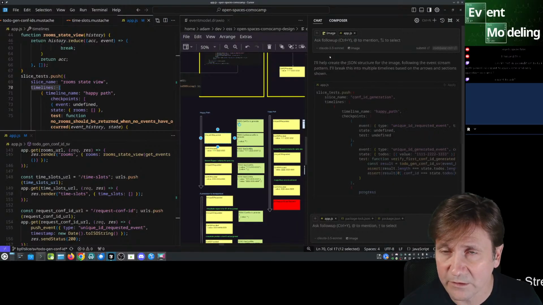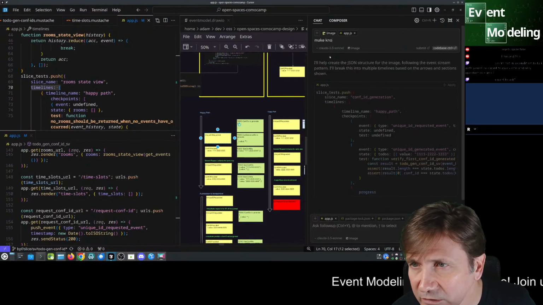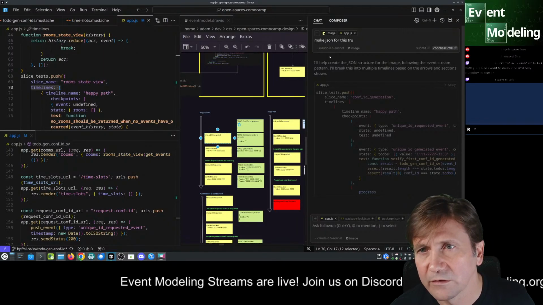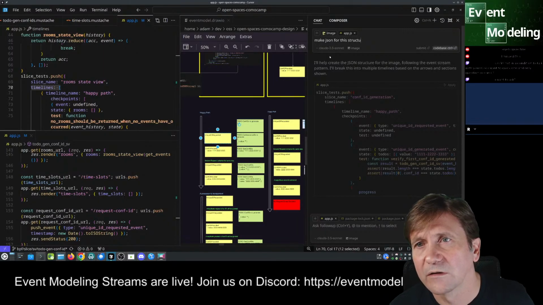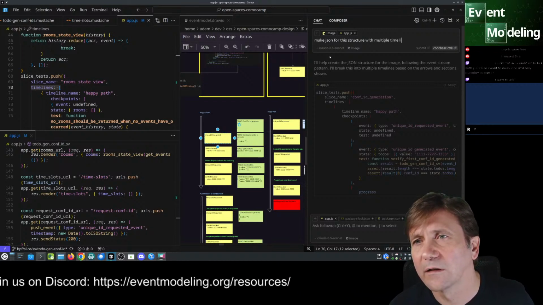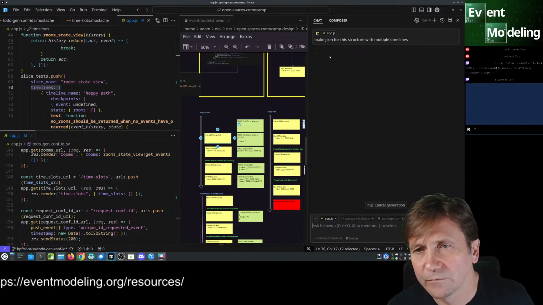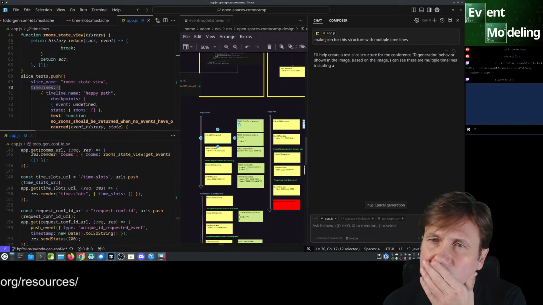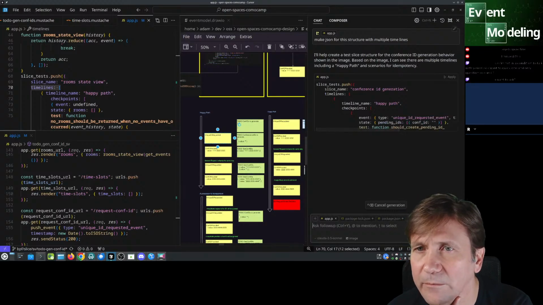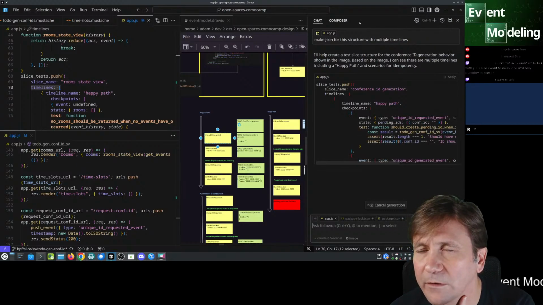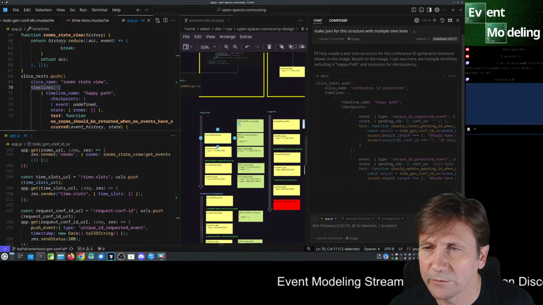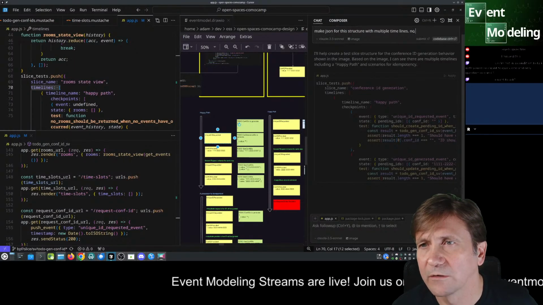Control A, delete, make JSON for this structure with multiple timelines. No, not code. Stop. No code, just the JSON object.